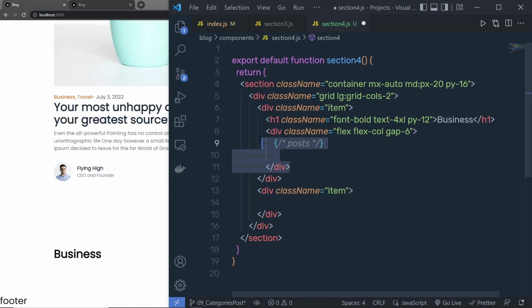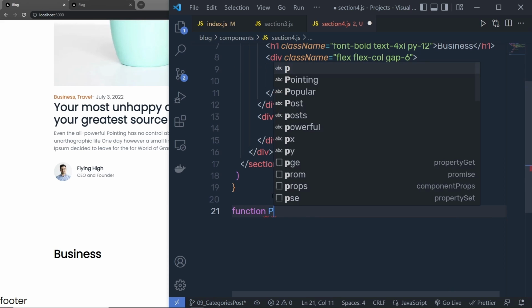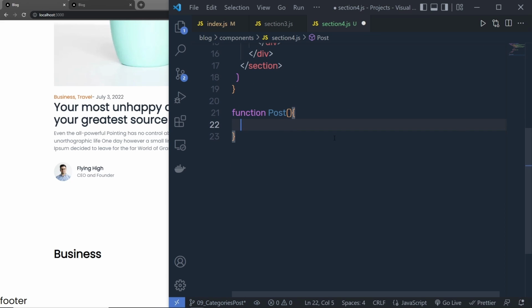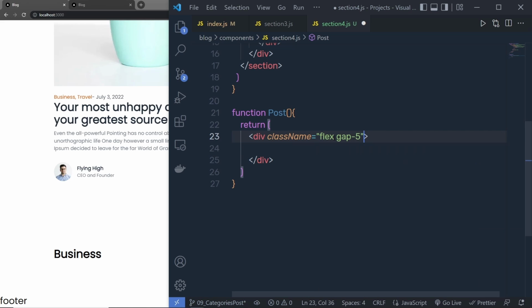To create a post, I'm going to create a new function for that. So I'm going to say here function Post like this, and inside this Post, I'm going to return JSX. So we first return a div with some Tailwind classes. I'm going to say here flex gap-5. After that, inside this div, I'm going to create two columns: first for the image and second for the blog information. So we first say here image, and to this image, I'm going to specify flex